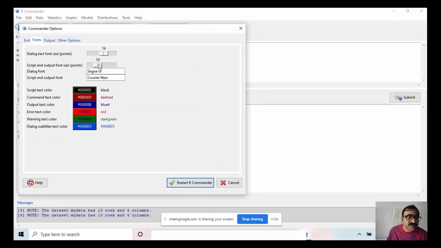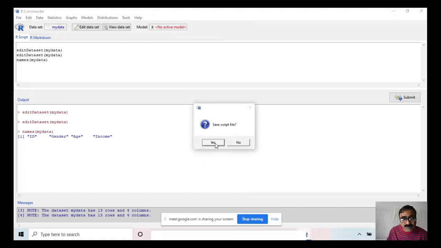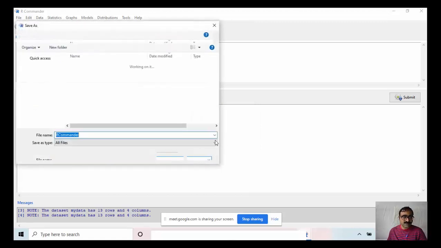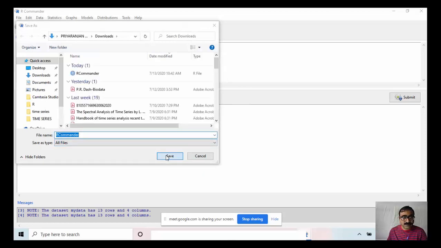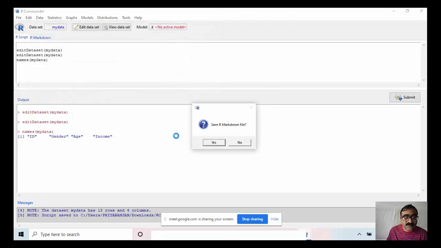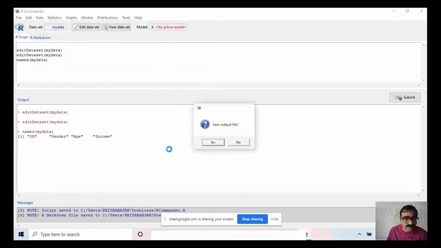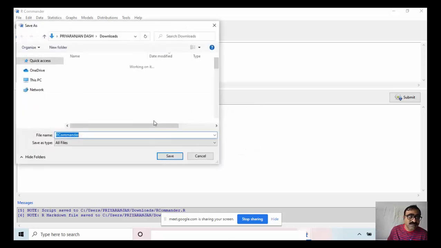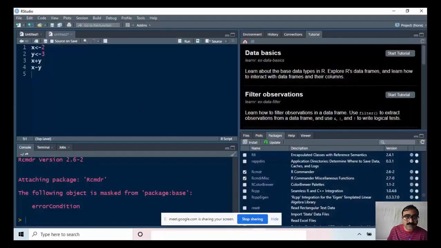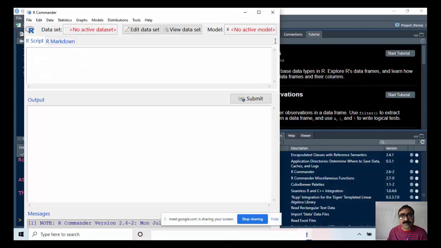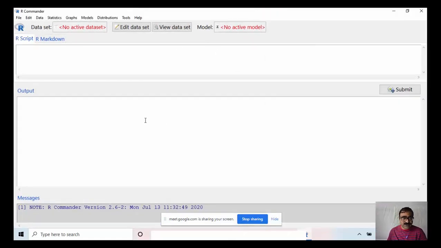I am now increasing fonts for better visibility. Now here the letters.